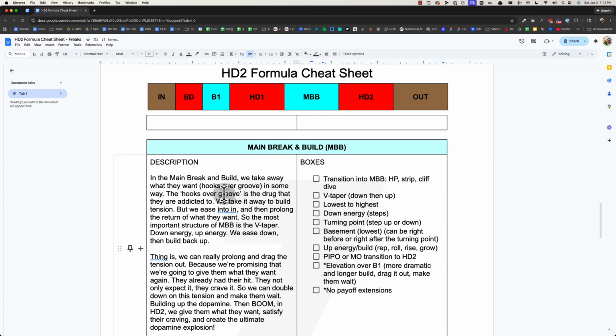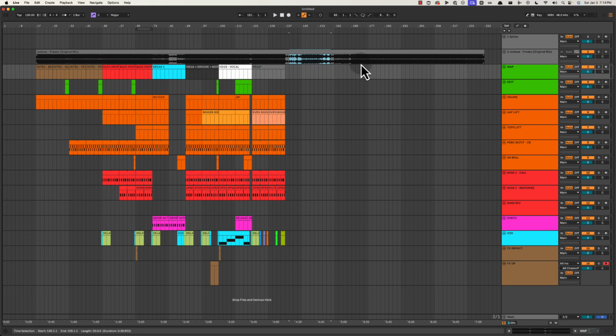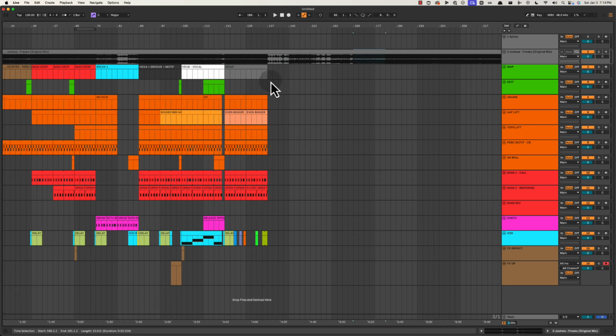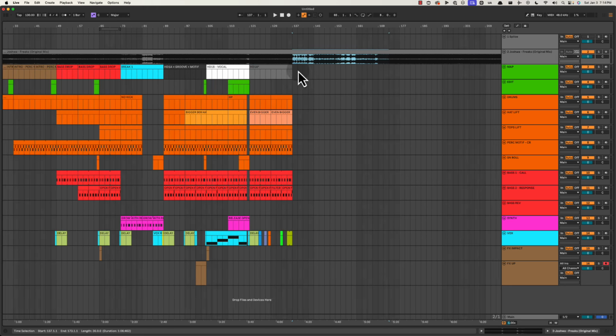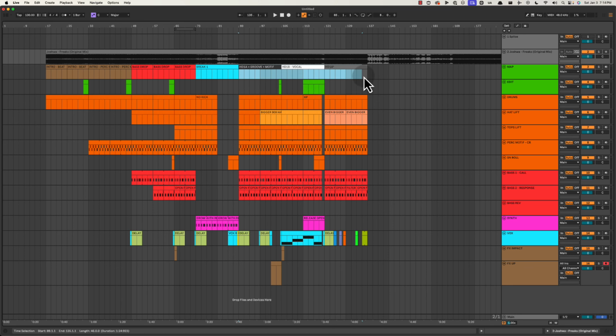And so there we go. Now we're getting into the main break and build, which is going to be this guy, just to build up to the second drop. We'll talk about what we need to do here. But I also want to show that the motif is still playing. The motif is mostly a groove element, because, not in general, but in this track, the motif is in the groove. It's the percussion and the two bass sounds playing together.